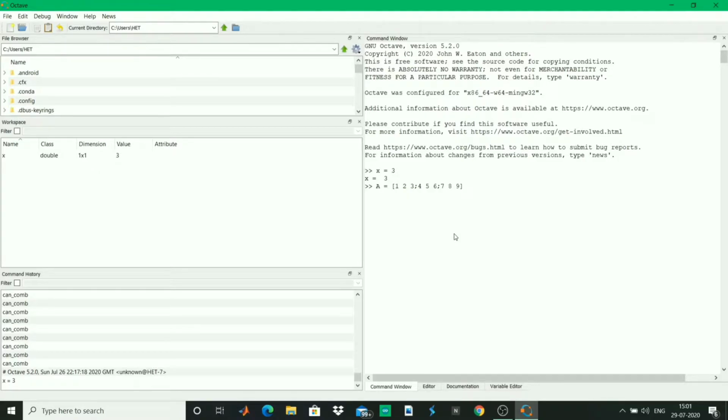You can create as many rows as you want, but you should be very careful about the number of elements that you put in each row. Like you put 3 elements, 1 2 3 in the first row and 4 5 6 in the second row. You cannot enter 2 elements or less than 3 elements or more than 3 elements in any row, and that would create an error. So you need to keep in mind that the number of elements in a row should be equal in all the rows.